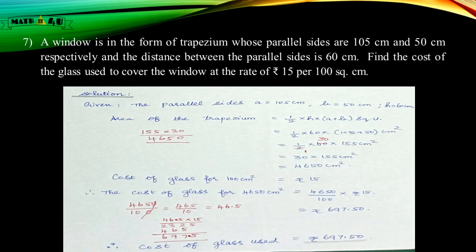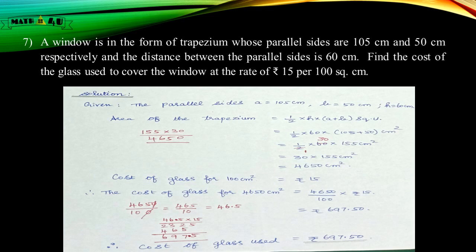The parallel sides A is equal to 105 centimeter, B is equal to 50 centimeter, H is equal to 60 centimeter. Area of the trapezium is equal to half into H into A plus B square units. In the place of H, substitute 60 and in the place of A 105 and in the place of B 50. This is equal to 1 by 2 into 60 into 105 plus 50 centimeter square. Simplify and get the answer. The answer is